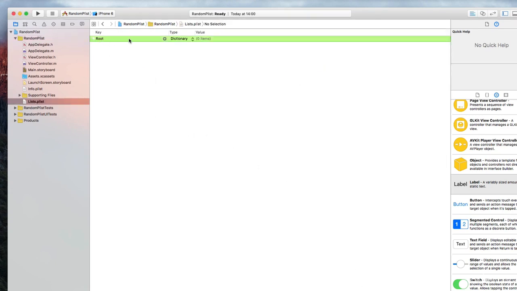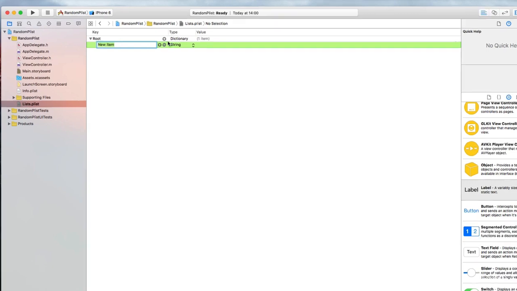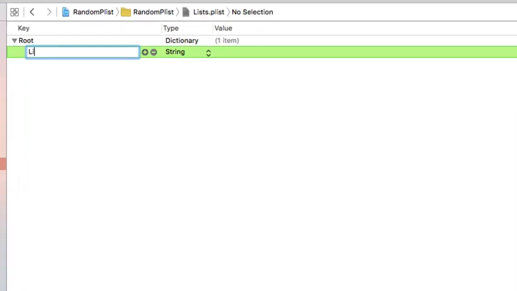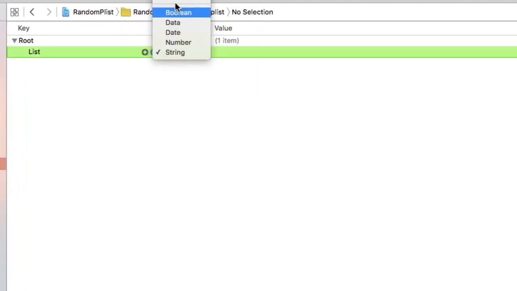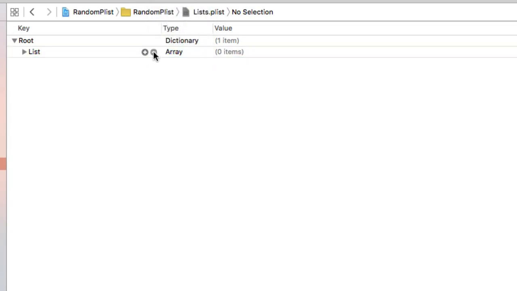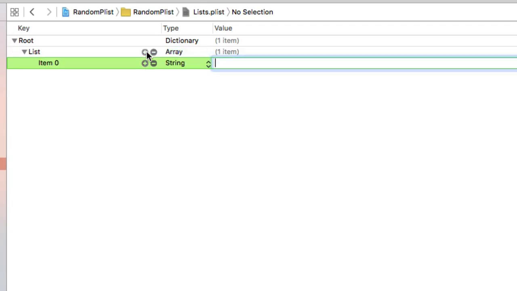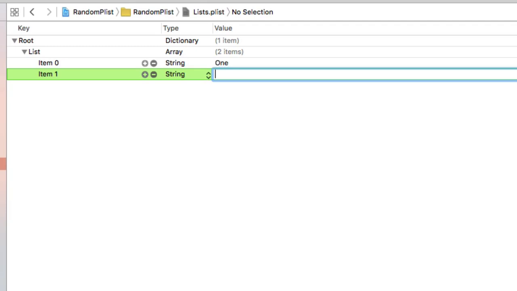Then we've got our root here, completely blank, as it has nothing within our property list. We're going to click our plus symbol to add information into it, and by doing that, we're going to create a list. I'm going to make sure its type is changed from string to array. Then we press our little drop-down and press our little plus symbol on our list, and it creates an item. If I name this item 1, and then press enter, and then 2,